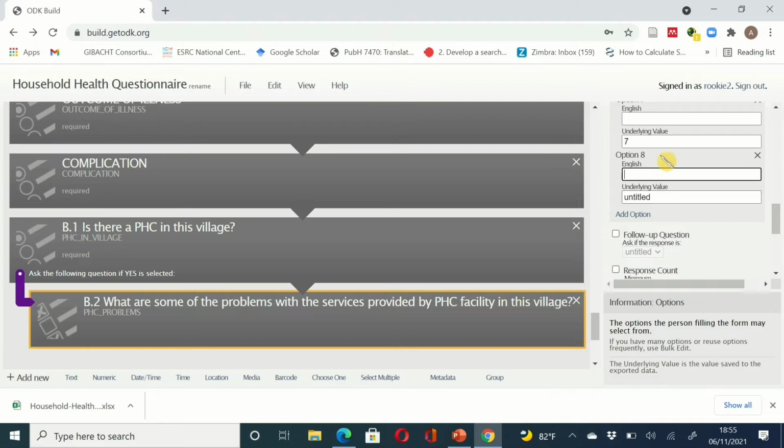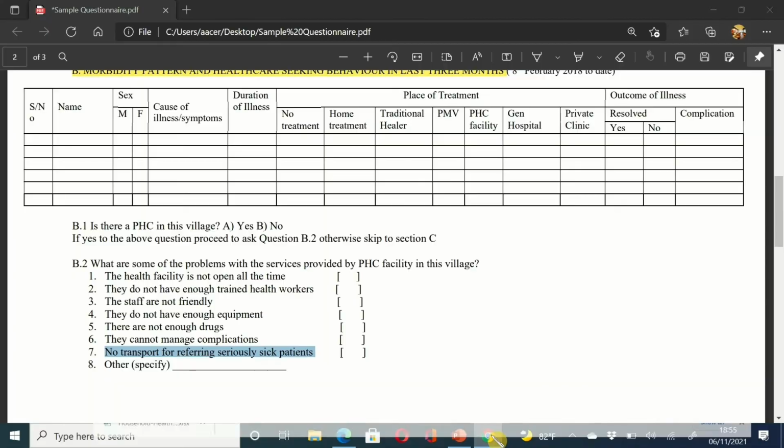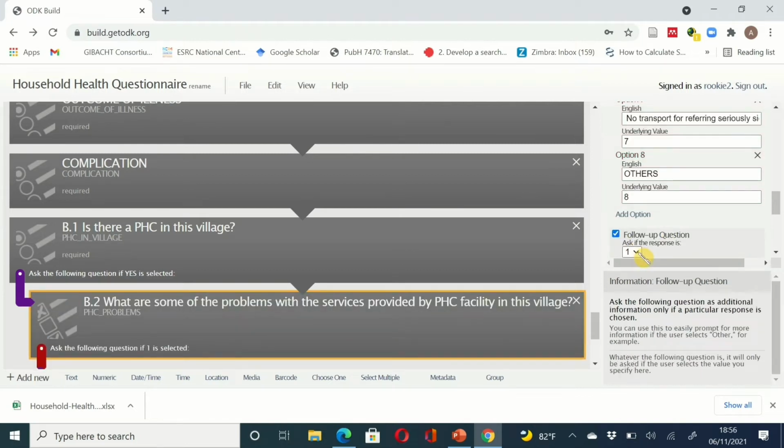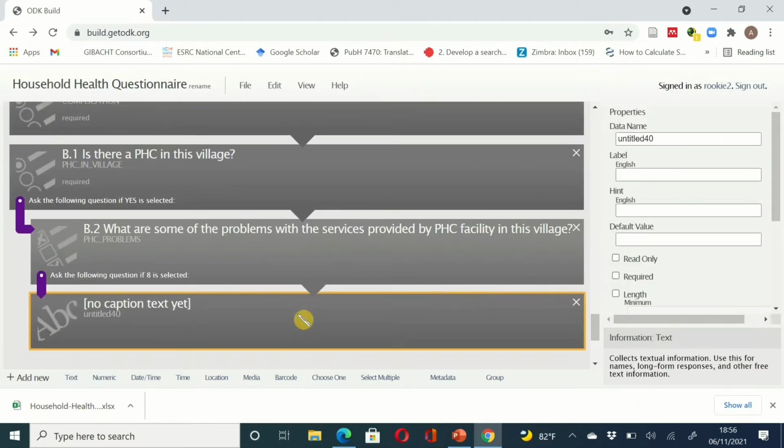Sorry, that's a mistake. And then the last one is specify order. Orders, and that's 8. It has a follow-up question. If somebody selects 8, then we put a text. Okay. So you see, this is linking, right? From a follow-up to another follow-up. All right. And then we say